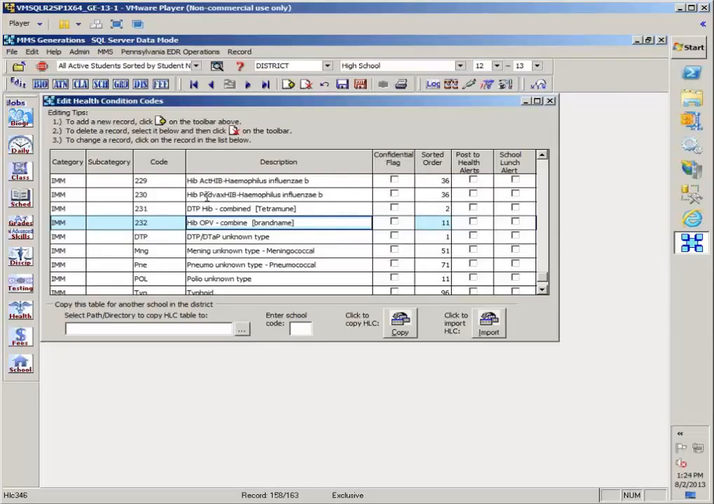And that's not a problem because none of your students have the code, so it's just going to skip over the code anyway. It's only in the printout that it might show that this is an unknown type of immunization, and that's not a problem. So to enter the immunizations,